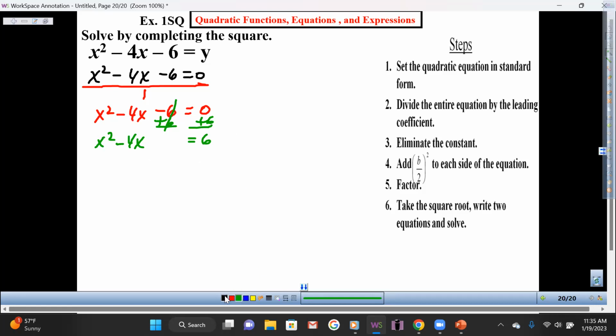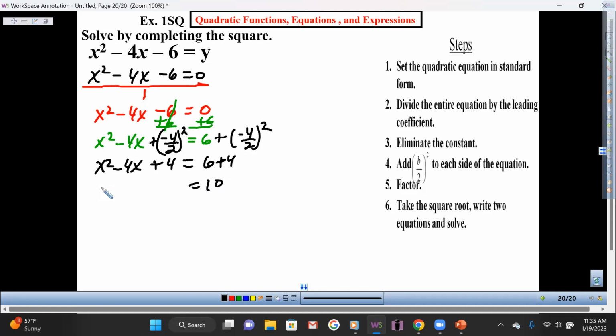Continue, Jessica. Add -4/2 squared to both sides. So tell me what you write underneath, Jessica. X squared minus 4x equals to 6 plus 4. So that means this is 10. And then we write x squared minus 4x plus 4. All right. Next,